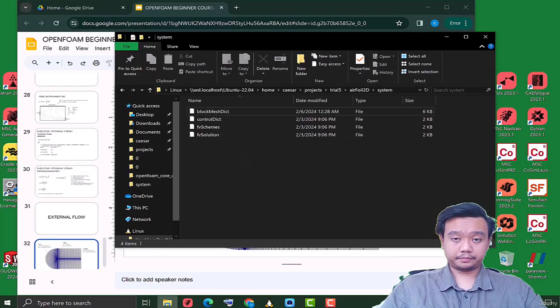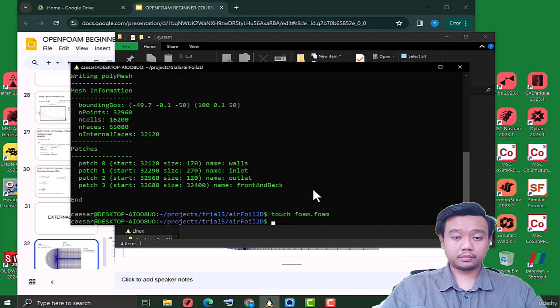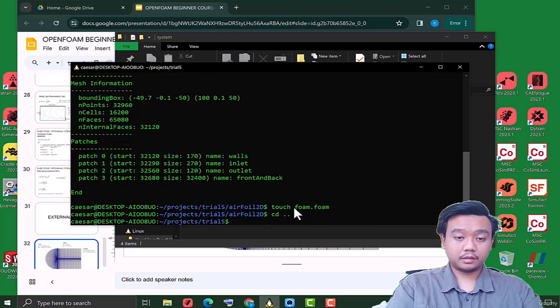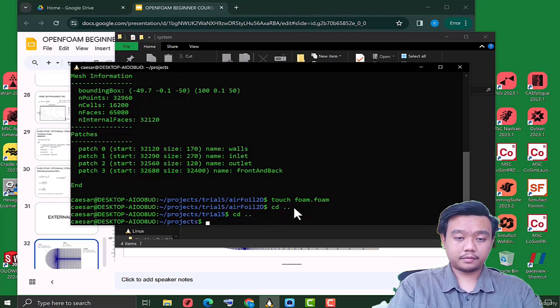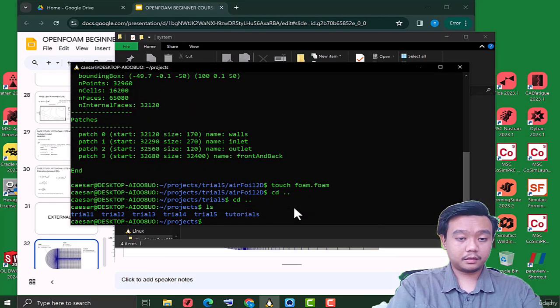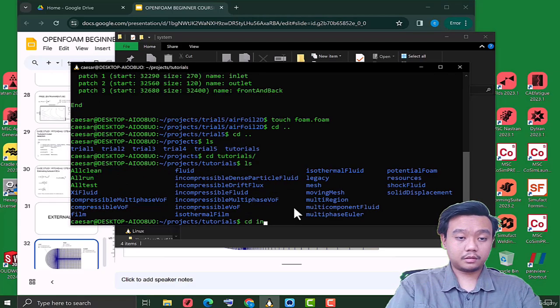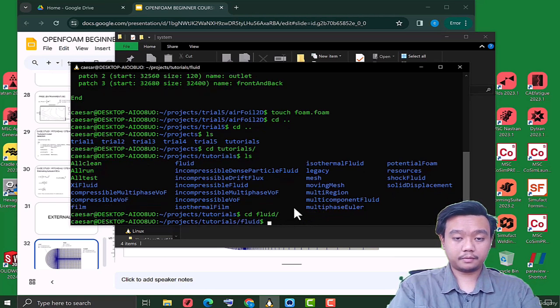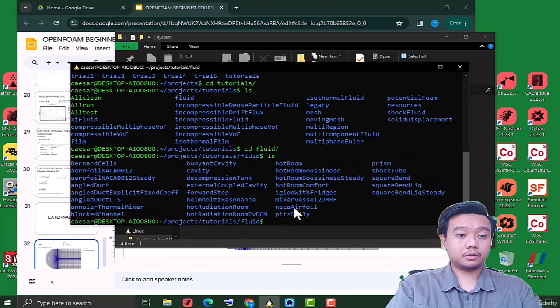But if you want to copy that, you can also just copy the airfoil to the object, then copy and paste the geometry. Let me show you. In the tutorials, in compressible, I think it is in the fluid. So I just copy the airfoil steady here,